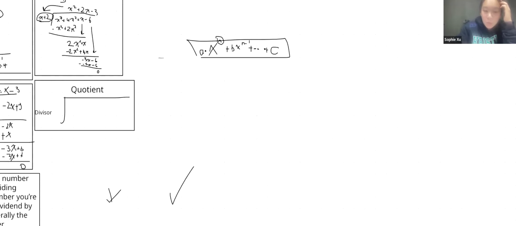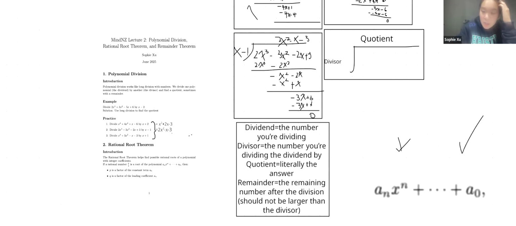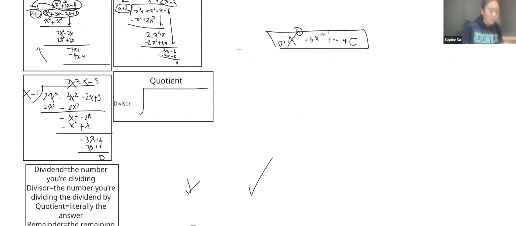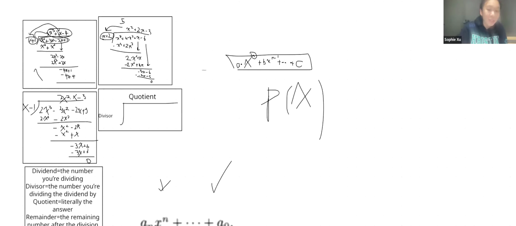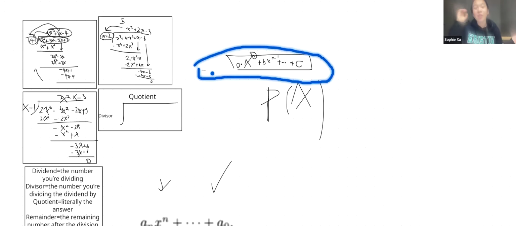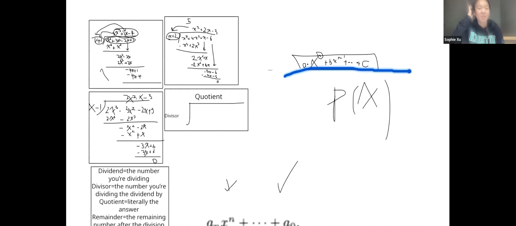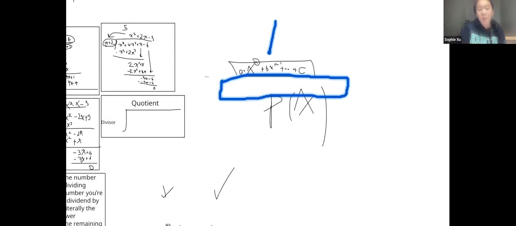The rational root theorem states that, let's say there is a rational root of the polynomial p of x that has all integer coefficients. If it doesn't have integer coefficients, then that's not going to work. All right. Let's say one of the roots of p of x is p over q, where